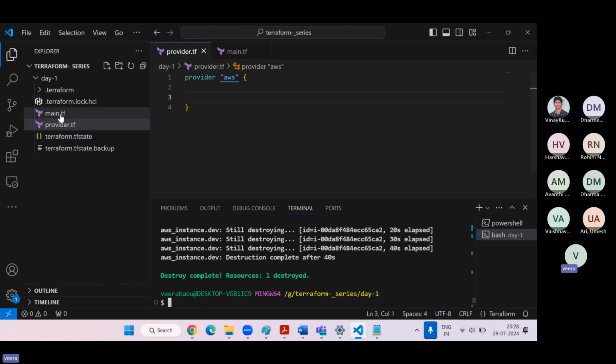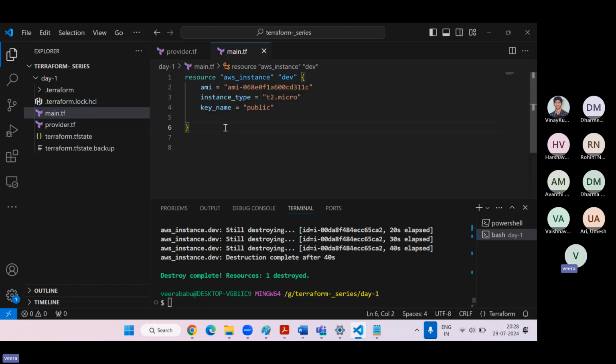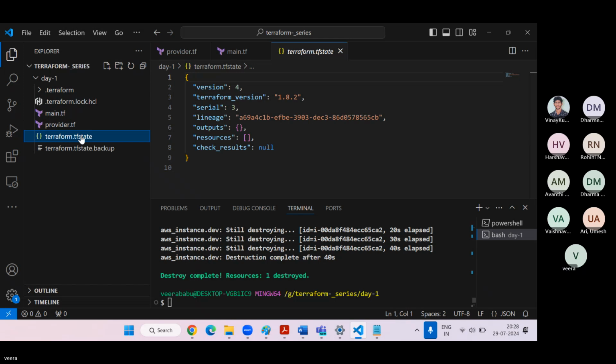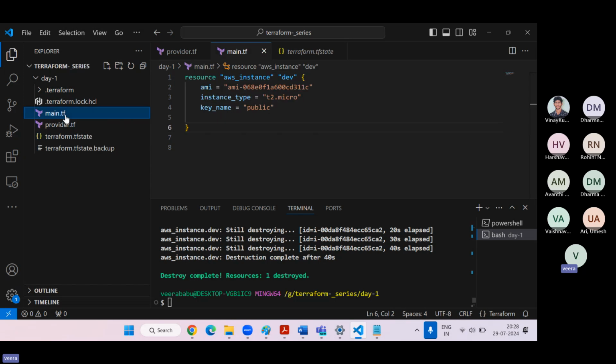So this is just a sample file. Today we have to understand that we have a main.tf and a provider.tf. We have to install Terraform, install VS Code, and configure the access key and secret key. This is just for understanding purposes, very high level, and tomorrow we can go a little deeper. We can understand what a state file is, and what .tf and Terraform are, everything in tomorrow's class. Today I'm also going to write one more block, that is the variable block.